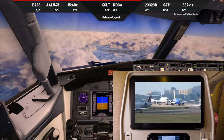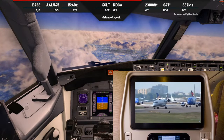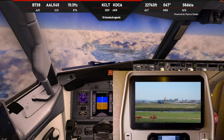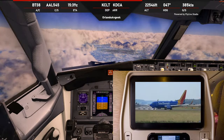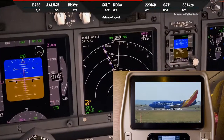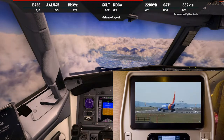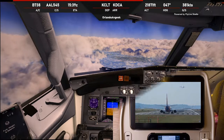Gonna turn off our plane spotting soon. Look at that lineup right there in the plane spotting. Very nice. Gonna turn it off to make sure that we can focus and concentrate on our landing, because, well, let's just say it's gonna be pretty intense. Alright, we'll turn off the plane spotting, go back to our in-game view, and then